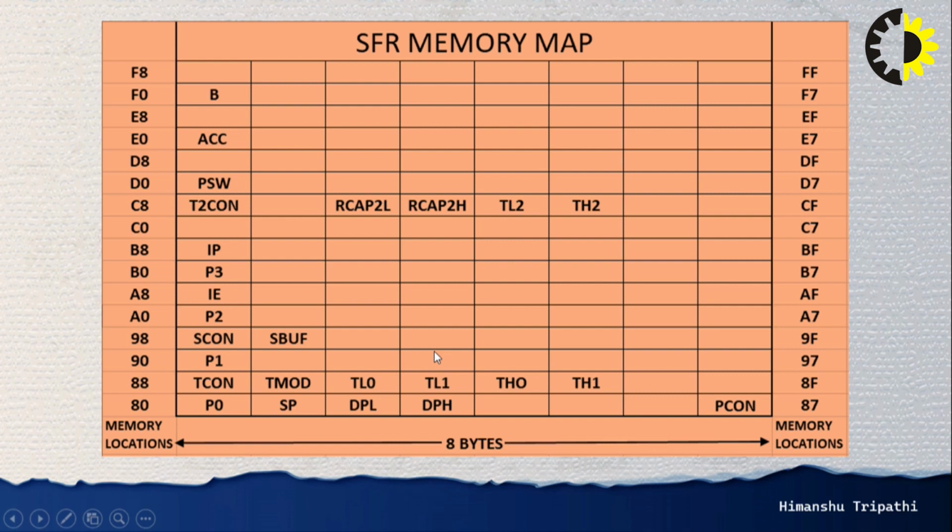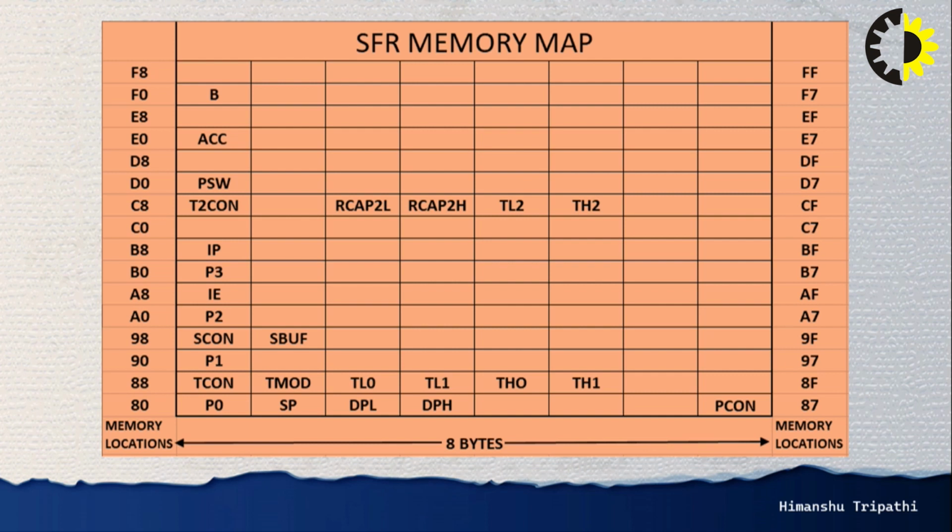Some other important SFRs are SP, that is the stack pointer, which is basically used to define the stack memory, and DPL and DPH. Collectively they form a 16-bit register known as DPTR, and the full form of this is data pointer register. This register is used to access data from external memory specifically, or if we are saving our data into the code memory and want to access that data from the code memory, then we need a 16-bit